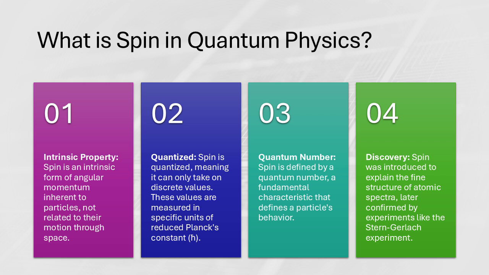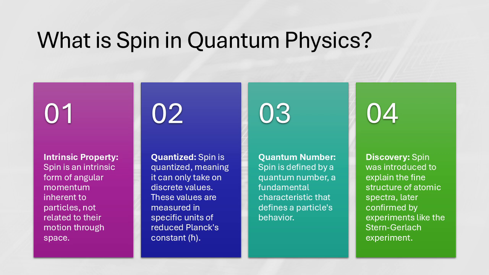Yeah. But you mentioned earlier that spin is also key to understanding this mind-boggling thing called entanglement. Can you tell me more about that? Okay, so entanglement is where things get really weird, even for quantum physics. Imagine you have two particles, let's say two electrons, that are created in a way that their spins are linked, like they're correlated. Like a pair, but with opposite spins. Exactly. But here's the really wild part. Even if you separate these particles by a really big distance, their spins stay connected. It's like they're still linked.